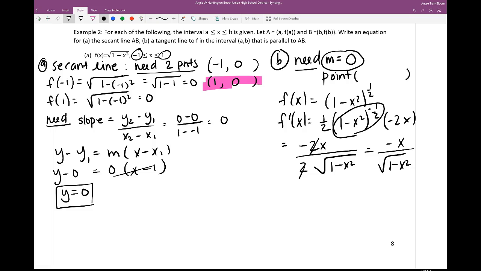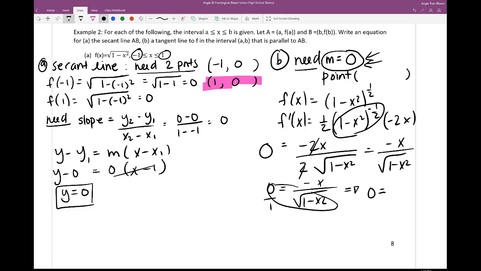So what I'm really looking for is the x location where the slope is 0. So set it equal to 0 because of this right here, right? Okay, when I take that and I set it equal to 0, so 0 equals negative x all over square root of 1 minus x squared. When I cross multiply, the denominator is going to be gone, so all I have now left is going to be